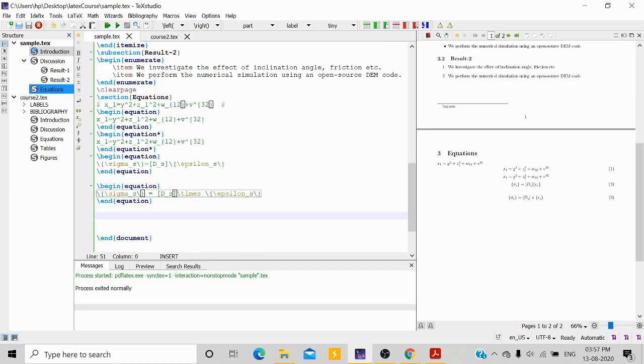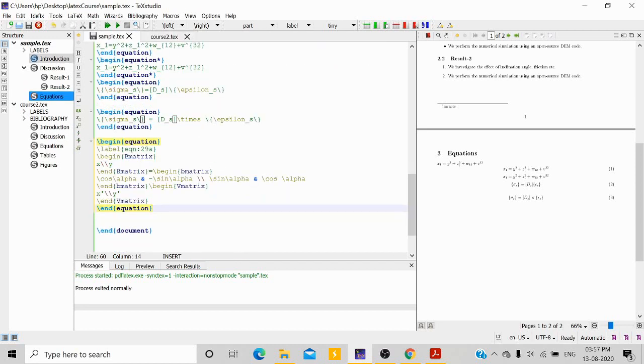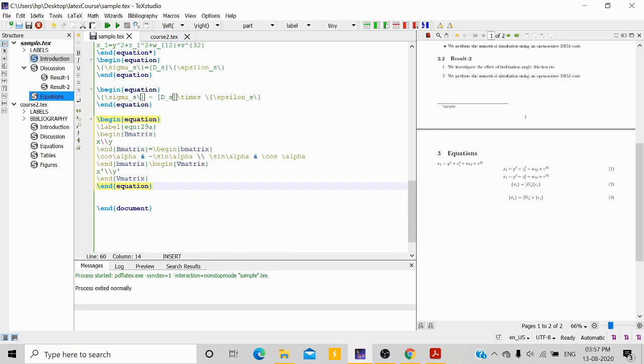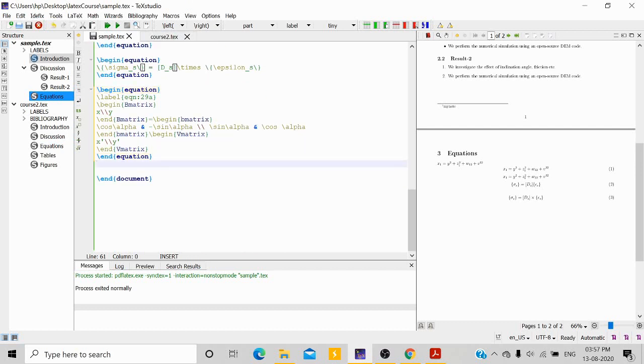These are bigger equations. You have to type this already. Actually, before making the presentation, I have made an exercise, what equations I will use. So if you see this equation, begin equation, end equation, within that I have added a label. Label means if you want to refer to this equation. Okay, so if I'm referring,